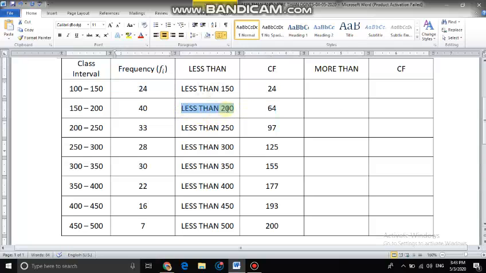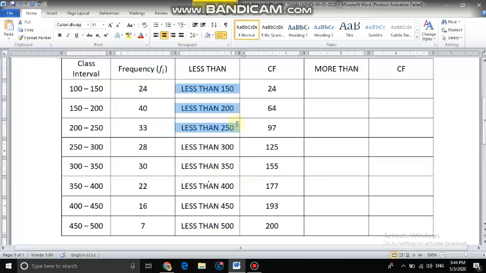So understand the meaning of less than 200. What exactly does less than 200 mean? Less than 200 means from 100 to 200, all those persons who are spending an amount from 100 to 200. So 100 to 200 has to be given by the addition of these two numbers. Similarly, if I go to less than 400, less than 400 is from 100 rupees to 400 rupees. I am talking about 100 to 400 because our intervals start from 100 only. Otherwise, if it started from 0, then you could take 0 to 400. So all those persons who are spending an amount between 100 to 200 will be included in the less than 500 cumulative frequency. That cumulative frequency is 200.